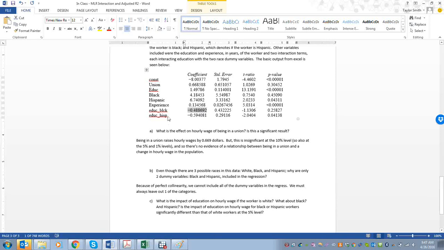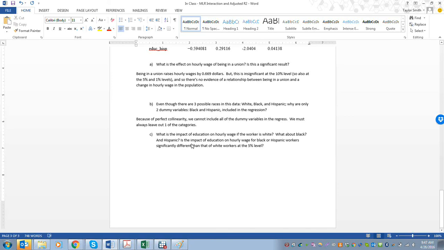And the education Hispanic variable is the extra effect if you're Hispanic, okay? So, the effect of education on wage if you're white